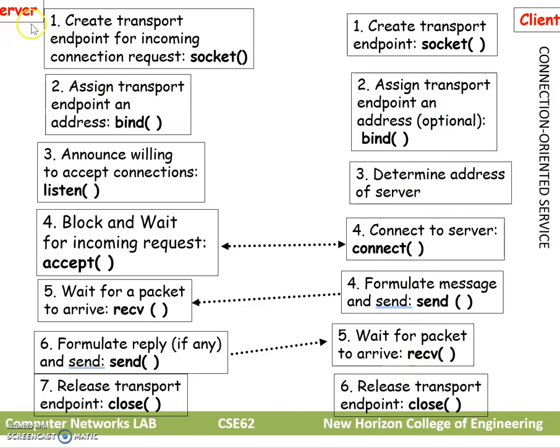So let us consider the server part. First we need to create a socket. A socket is a type of file used to store data between the two endpoints. We can read and write data at both endpoints, server side as well as client side, and both can send and receive data through the socket. So the first step is to create a socket. Then you have to bind the address of the host with the particular socket.